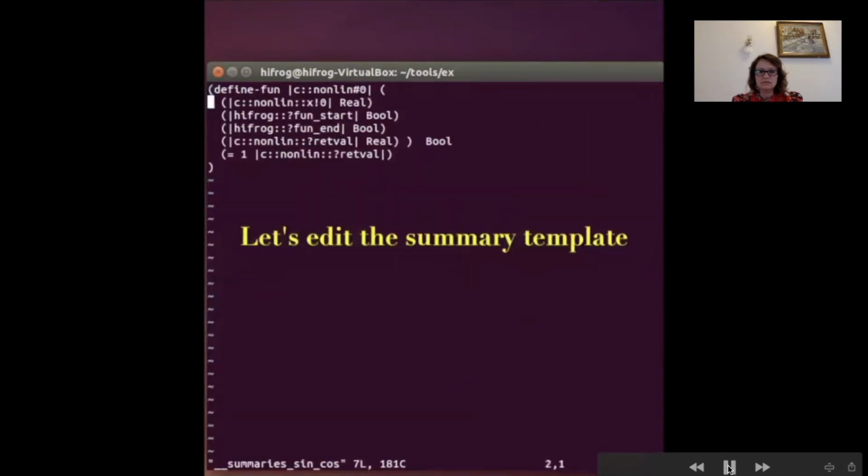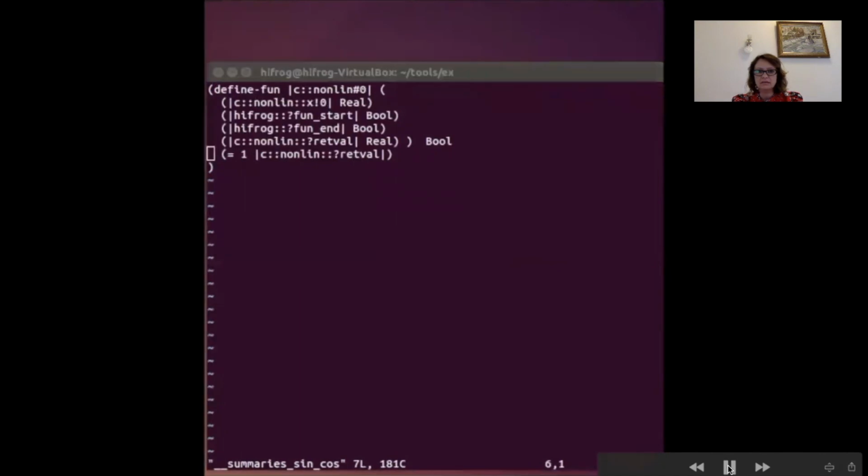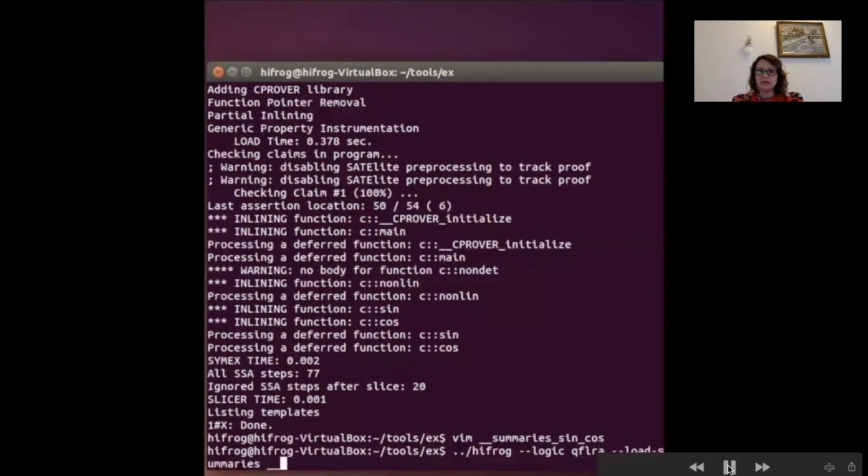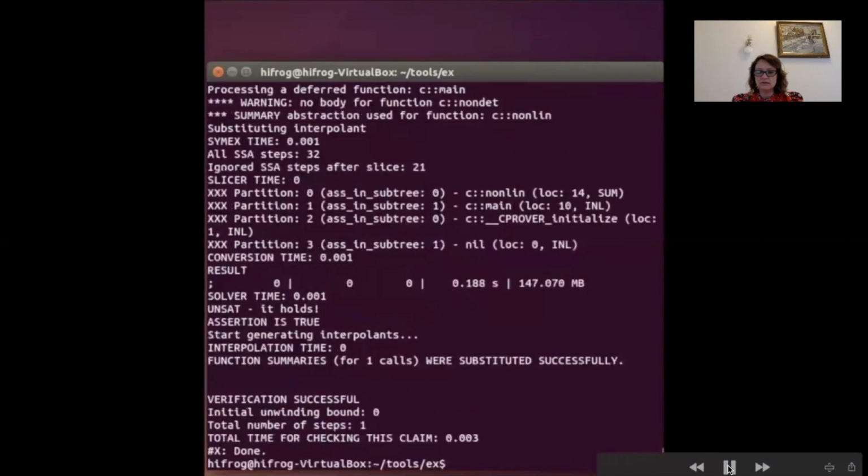So here we are visualizing the template, and the template already has been added with the information that the return value of this function should be equal to 1. Now, whenever I want to verify this example, and for example, I'm using the LRA encoding of this example, I'm going to require the solver to use the user-defined function, and then the verification actually is spectacularly fast. So if you would not provide this user-defined function, verification would be obvious and